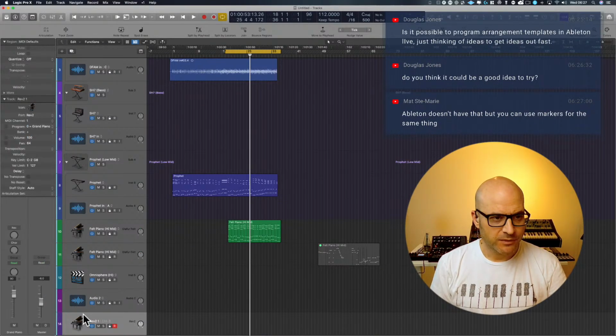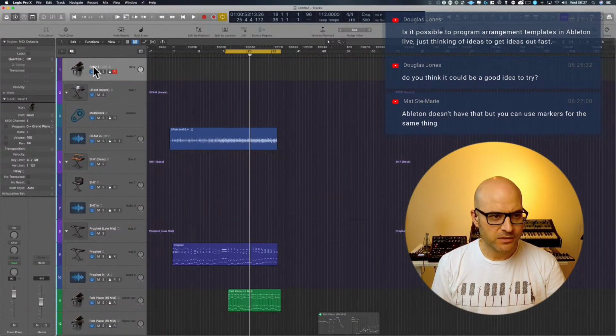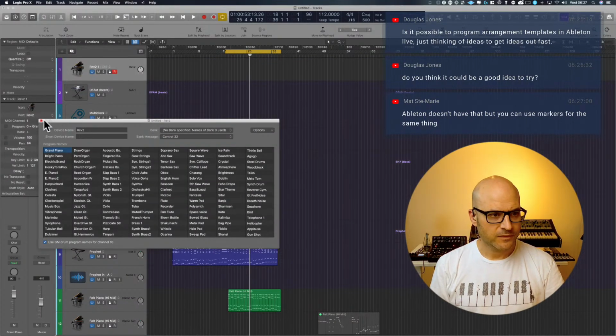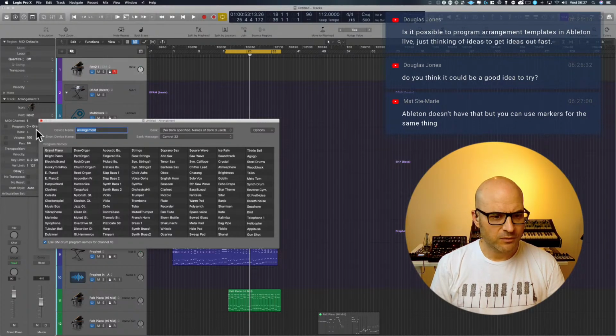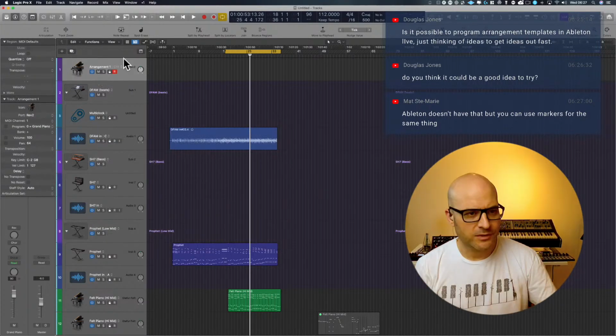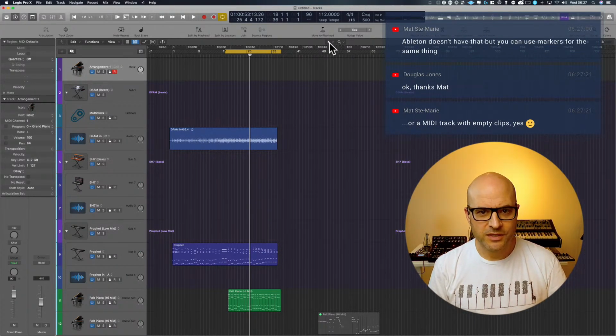Okay, so here we have, and you can name it whatever, just call it arrangement. Does that work? I very rarely use this, so there we go. Then you can just create parts, and you can do this in any DAW.